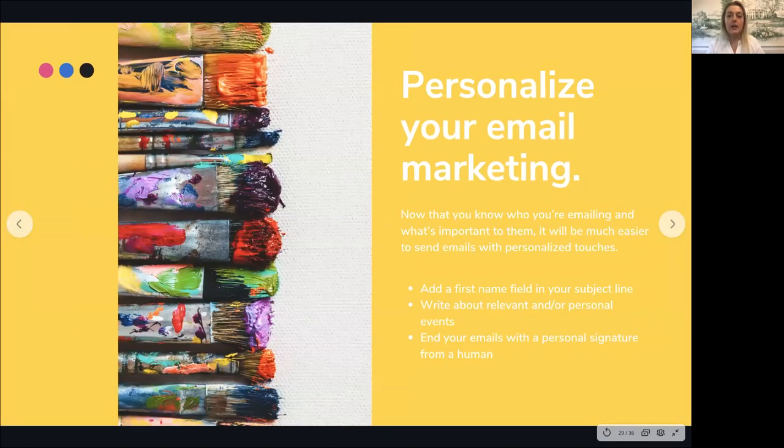Okay. The next thing that you can do is personalize your marketing email. We talked a little bit about your buyer persona, right? So if you know who that is, you can personalize your emails even more. If you know that they're interested in the outdoors, you can make sure that you use photographs that are only of the outdoors, so you know that's going to entice the person.